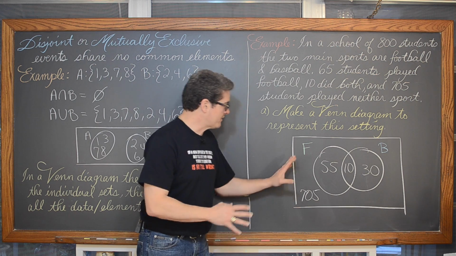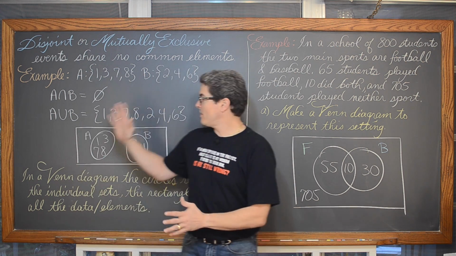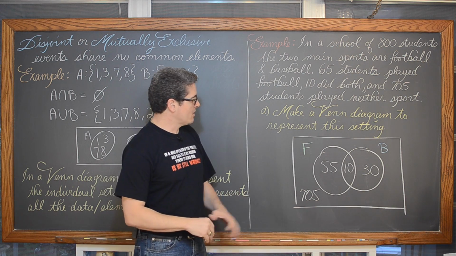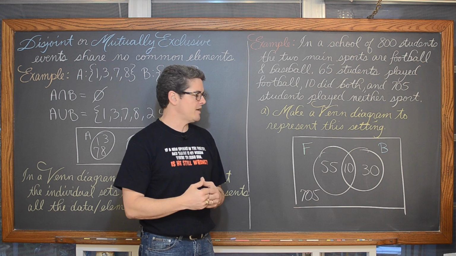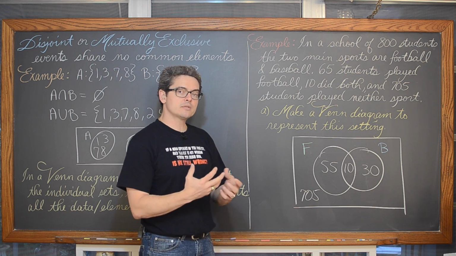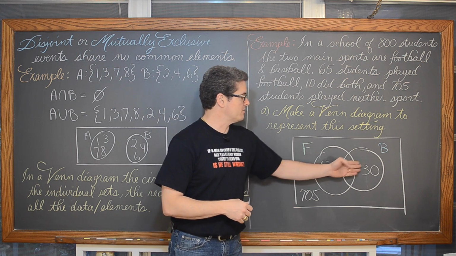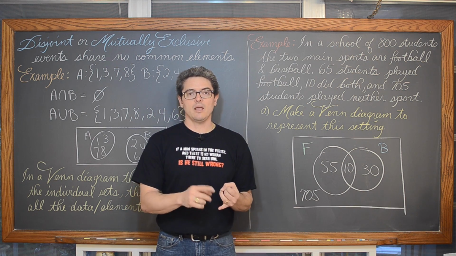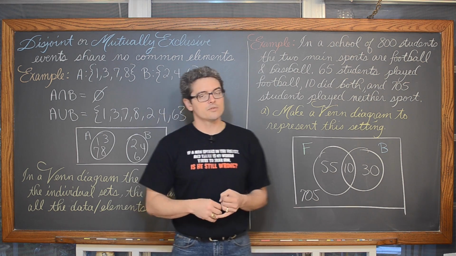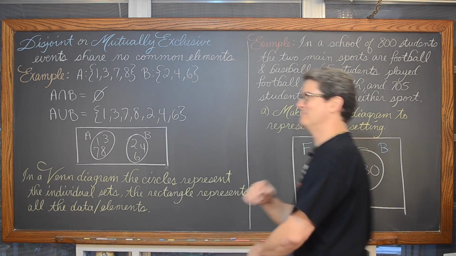Okay, so now we've got our Venn diagram set up. We're going to do a couple of things here. I'm going to step off, erase the board, put a bunch more examples up here, and then we're also going to be defining the idea of complementary events and use that new definition and symbol to go along with it to label the different portions of this Venn diagram using set notation, the and or symbols, along with our symbol that stands for complement, which you don't even know what that means yet. Bam!